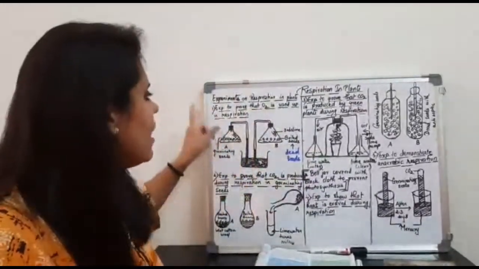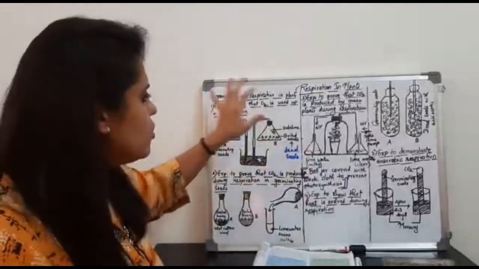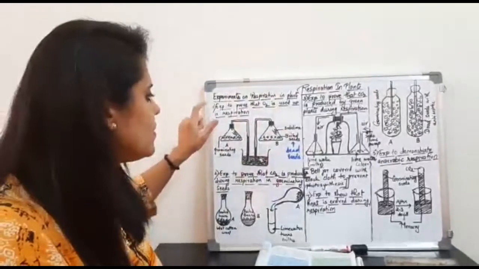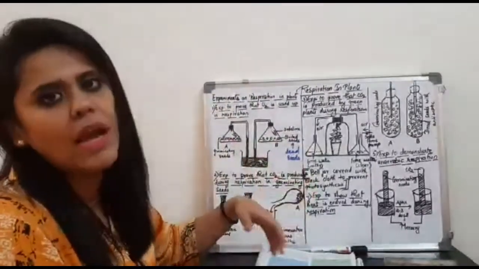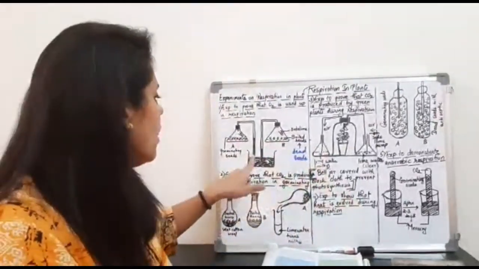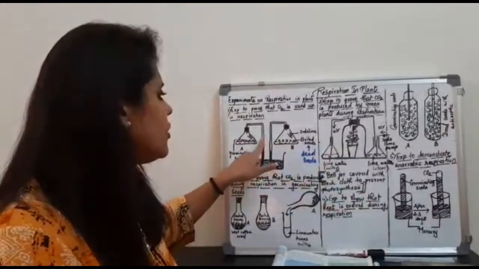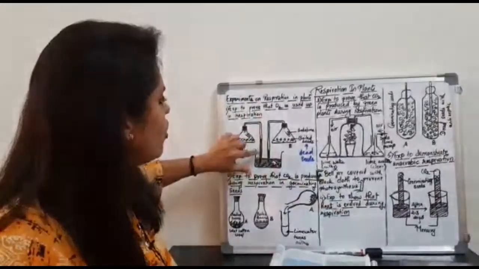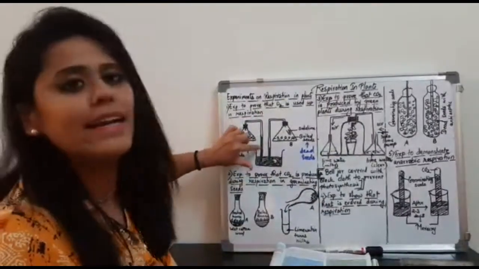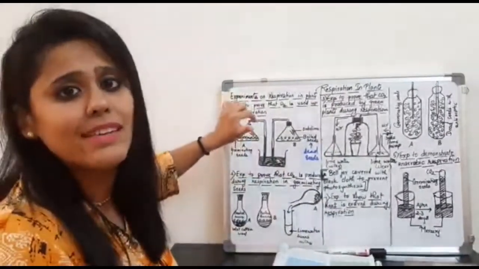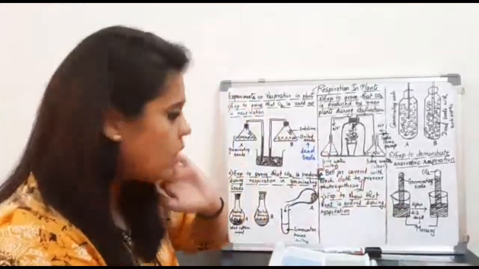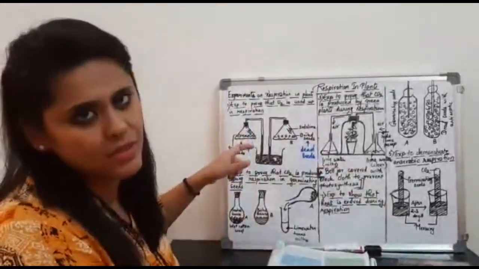You would see that after some time, after you fix this setup of the apparatus, after a few hours or maybe after 24 hours, the water level of the delivery tube has risen up. दिख रहा है? ये जो डार्कन है, हाईलाइटेड है, ये राइज हो रहा है. Water level is rising up. Why is it happening? Now this is happening because these are germinating seeds.